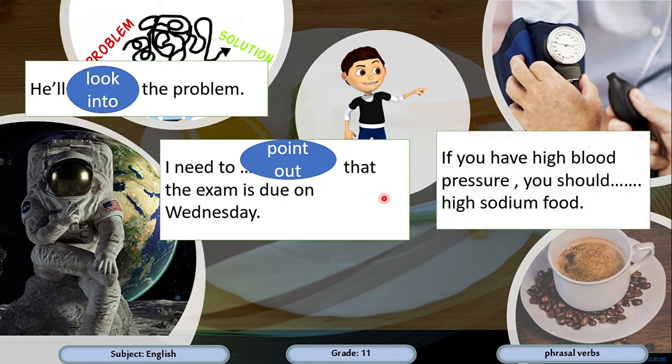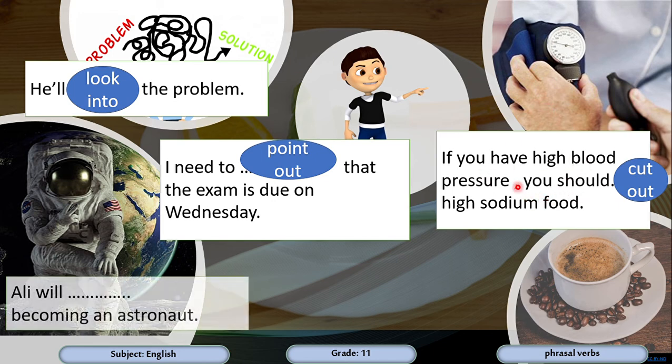If you have high blood pressure, you should high sodium food. You should what? Excellent. Cut out. Great. Ali will becoming an astronaut.